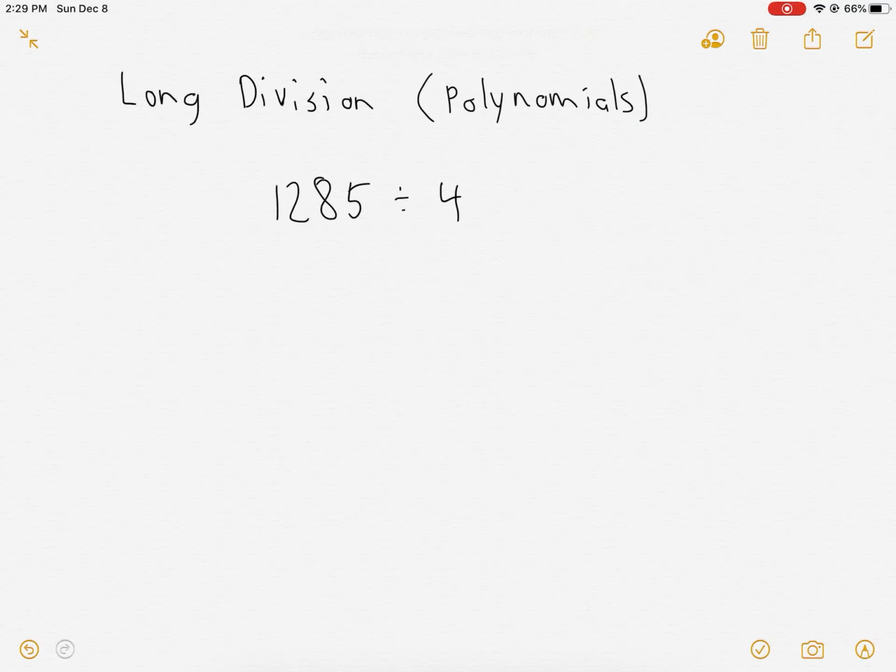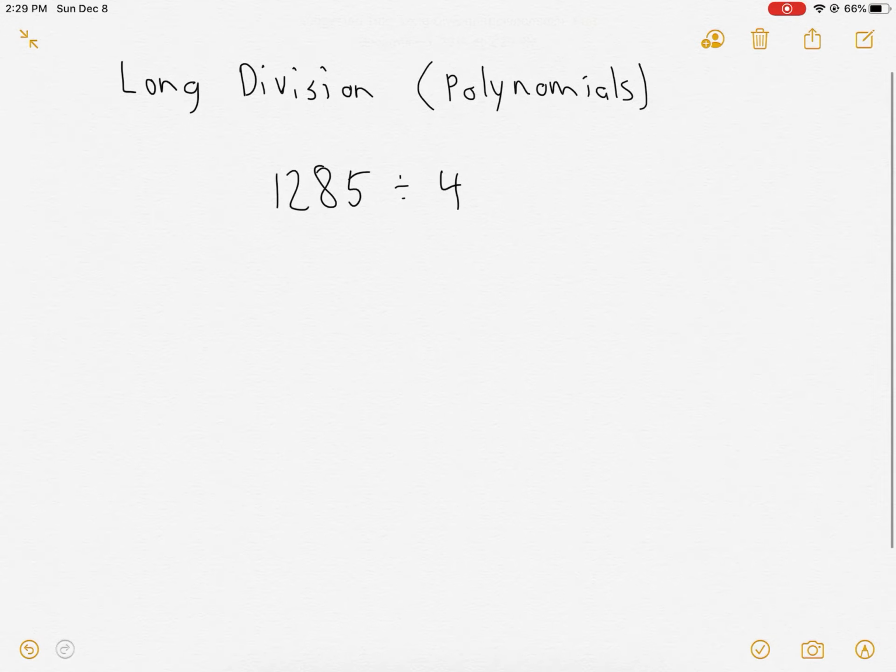This one is going to be about long division, polynomial long division. As you can see, we're starting off with just a regular number example, but then we'll do one that has variables in it as well, because if there's anything that would make long division more fun, it's adding the alphabet